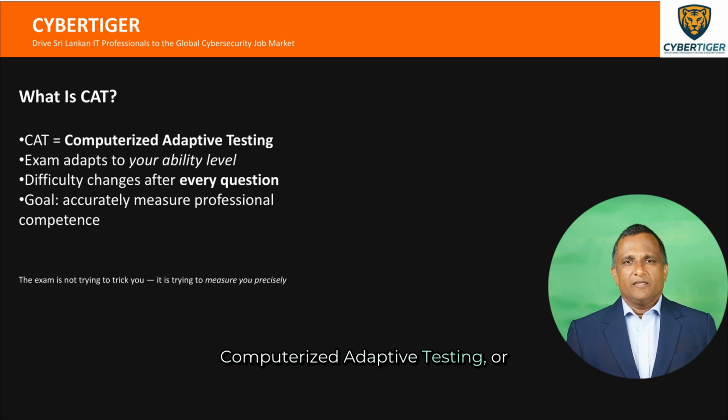Computerized Adaptive Testing, or CAT, is how the CISSP exam measures your real professional competence. Instead of giving everyone the same fixed set of questions, the exam adapts to you. After every question, the system recalculates your ability level and then selects the next question accordingly. If you answer correctly, the difficulty increases. If you miss one, it adjusts downward. Think of it like a smart load balancer for exam questions, always routing you to the most accurate test of